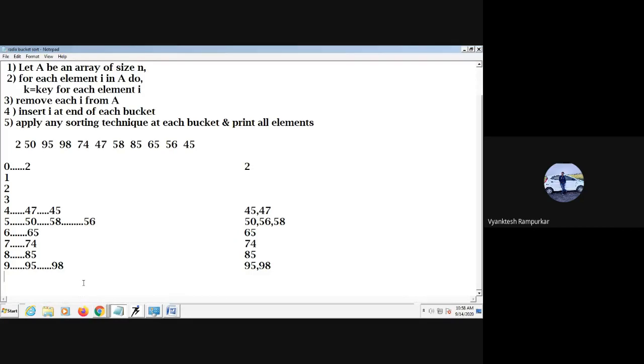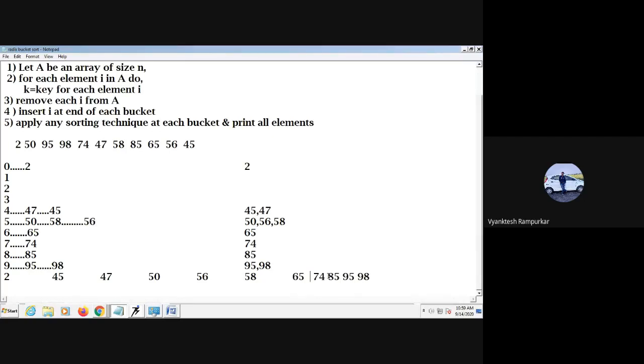So what is our sorted array? It becomes 2, 45, 47, 50, 56, 58, 65, 74, 85, 95, 98. I think it is okay.